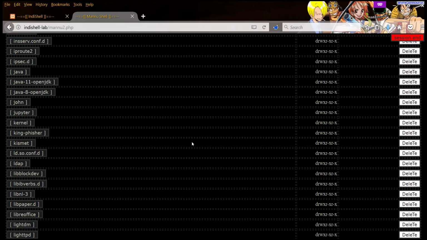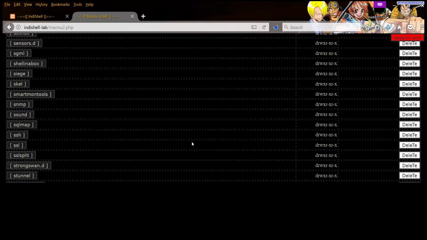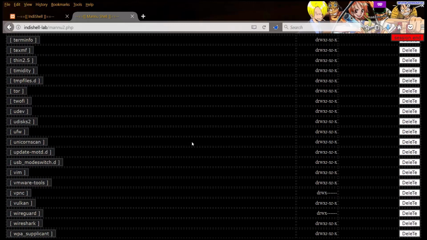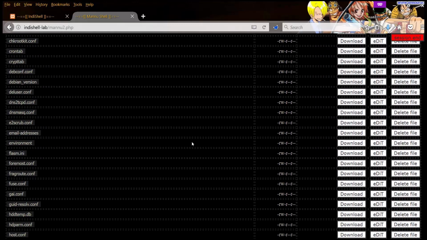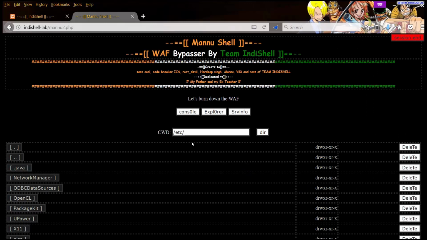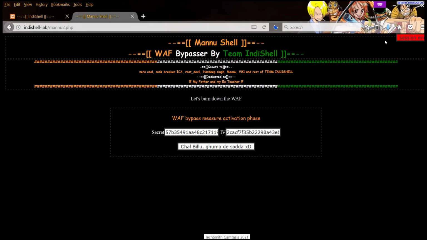So here is the output. The web shell is a little bit slow because it's Ajax based, so it is actually loading each and everything. This is the functionality, and this is the custom web shell we can actually use to bypass the restrictions. And if you want to exit, just simply click session end.